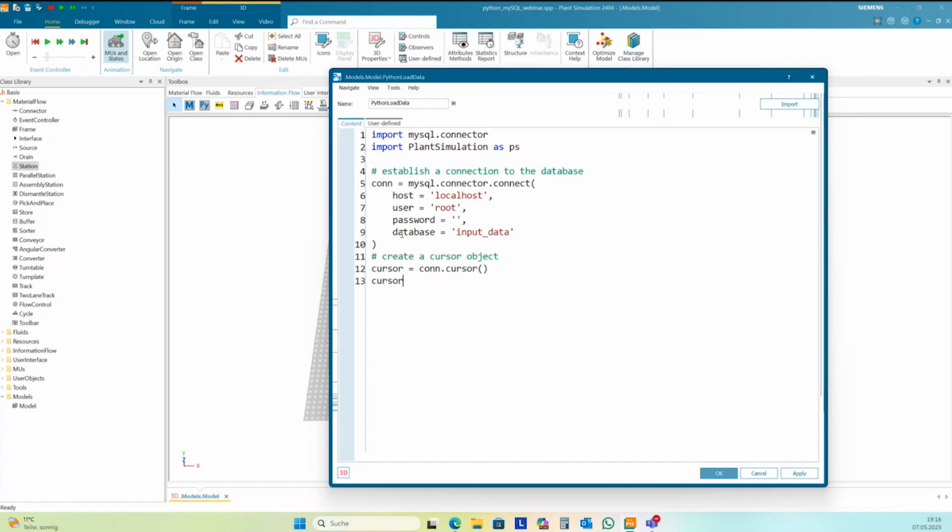And the cursor object provides the method execute. And you need to hand over SQL, for instance, select star from machine data.